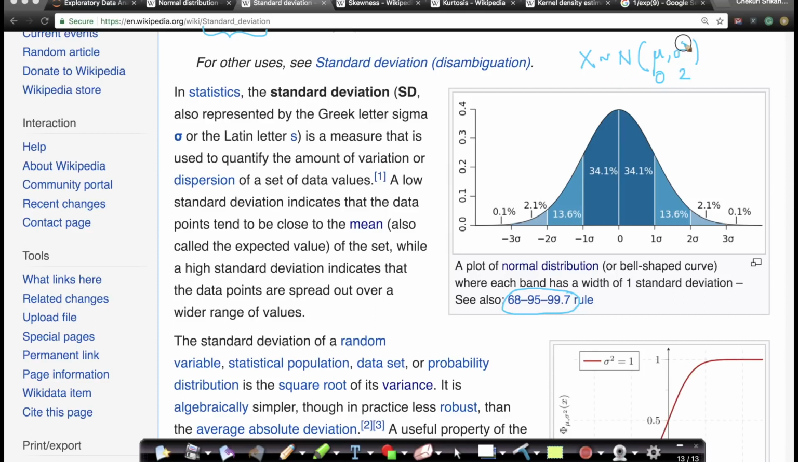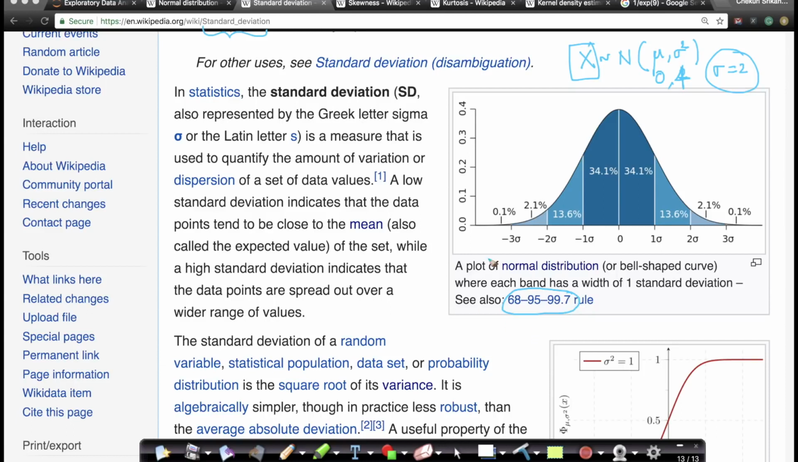Sorry, my variance is 2, right? Which means, sorry, let's say my variance is 4, just to make the math simple, which means my standard deviation is 2, right? Just to make the math simple here, nothing else. Okay, then I can tell you a lot of things about this random variable x using the 68, 95, 99.7